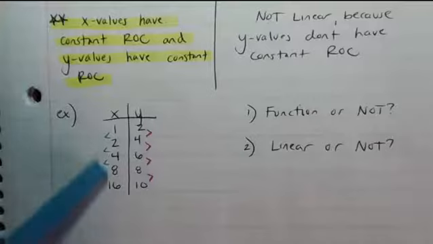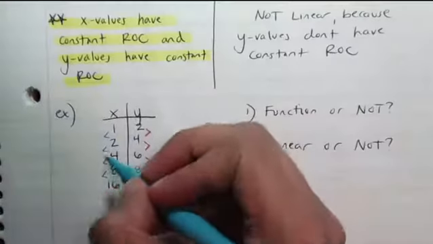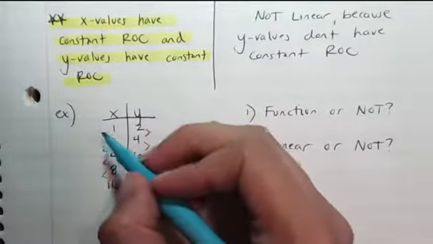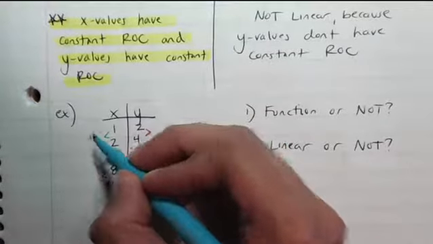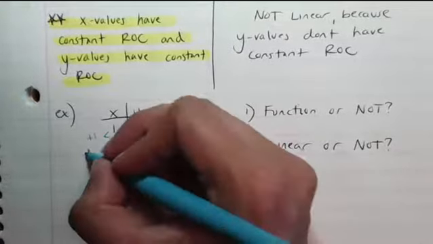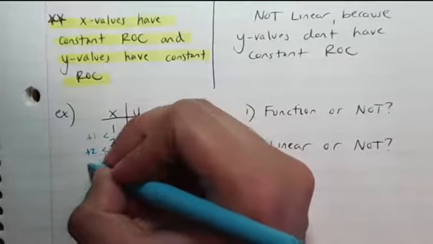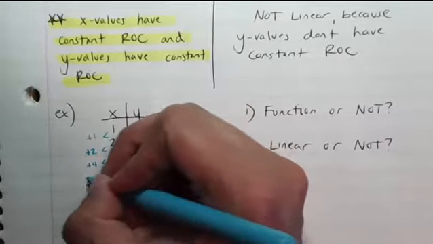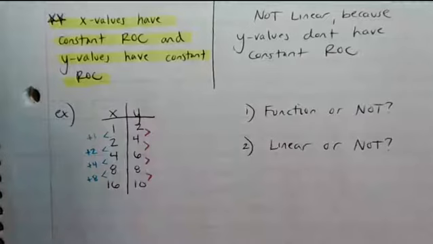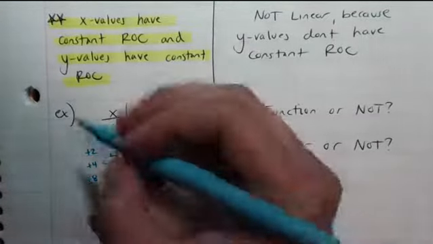So if I look at the X values here, 1 to 2, I'm going up 1. 2 to 4, I'm going up 2. 4 to 8, I'm going up 4. 8 to 16, I'm going up 8. So far it's not constant, but some of you might have noticed that instead of adding,